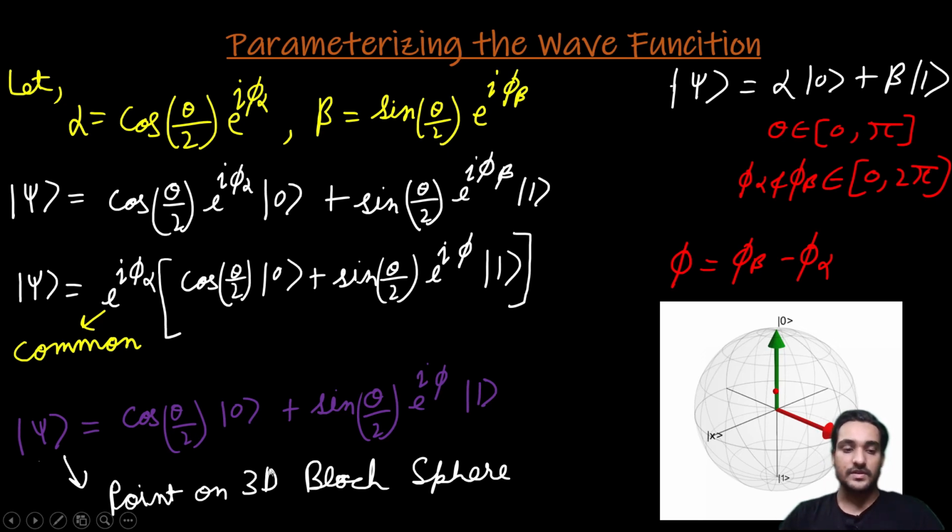This is very important because this is the equation that represents every point on this Bloch sphere. The Bloch sphere is the sphere which consists of every quantum state that is possible. This is a 3D point in 3D geometry, and this phi is actually a relative phase difference. Now what a relative phase difference is, I will talk about in the next video, which covers a very key concept of changing states and phase differences.